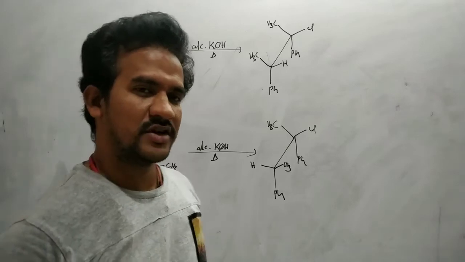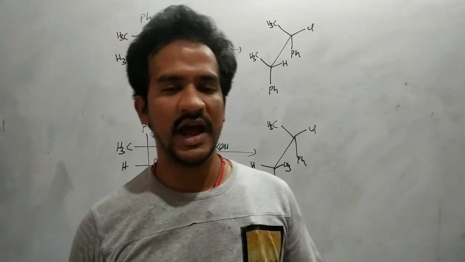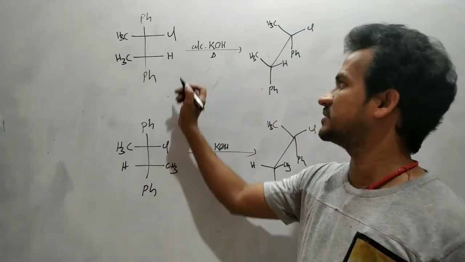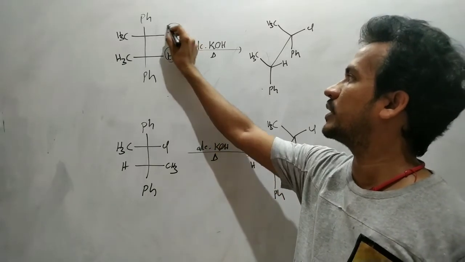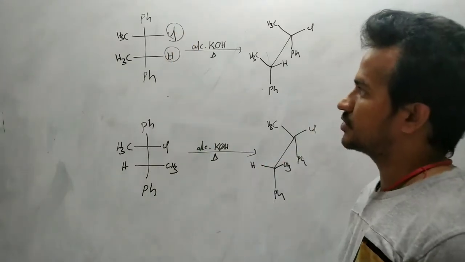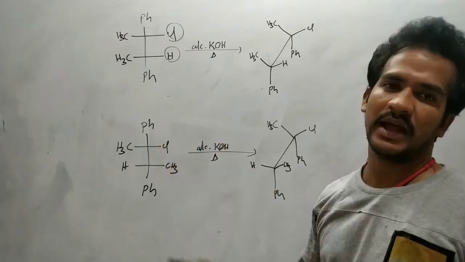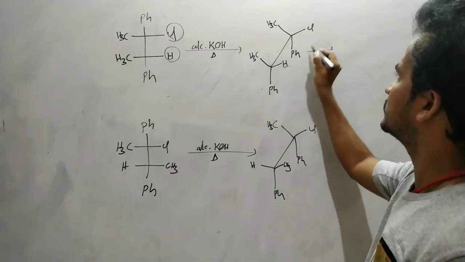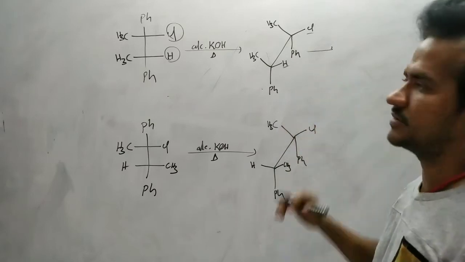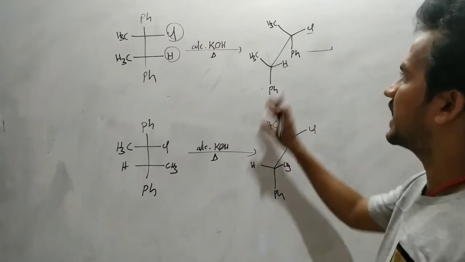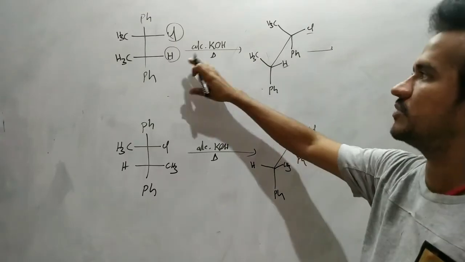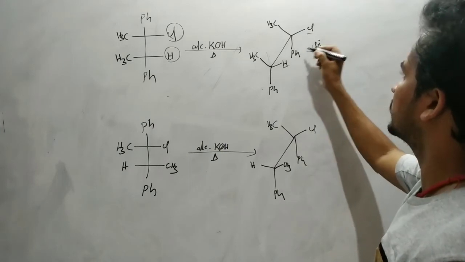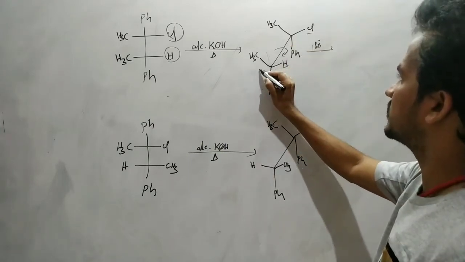Next, let us discuss the stereochemistry of dehydrohalogenation. Here, dehydrohalogenation is also an E2 elimination reaction, so that is an anti-elimination. In this case, the eliminating groups hydrogen and chlorine must be in trans position. So let us take the major product for this reactant and for this reactant. Here hydrogen and chlorine are in cis position actually. Those two are eclipsed. It is exactly the Sawhorse projection formula for this 2D Fischer projection. So rotating this one 180 degrees, this hydrogen comes to this side.